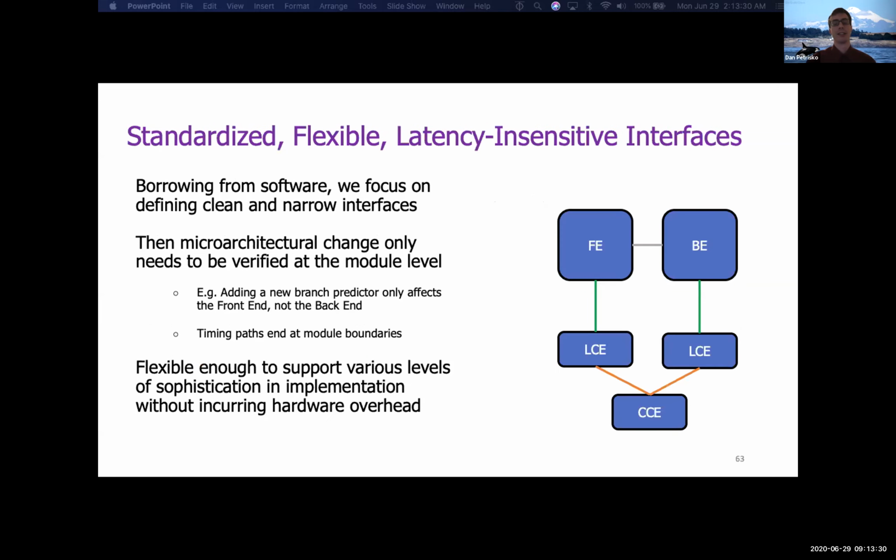And all these building blocks are connected by clean and narrow interfaces. Unlike in software, these interfaces have physical manifestation, so large or underutilized ports can seriously impact PPA. By defining the interfaces minimally, but allowing for extension, developers on any component of the system need only focus on adhering to the interface, rather than worrying about the implementation details of the components. This speeds up both front-end and back-end development as both functionality and timing paths are isolated. Importantly, these interfaces are latency insensitive and flexible. BlackParrot configurations can seamlessly substitute different implementations, such as a scratchpad-based front-end or traditional FSM-based CCE.